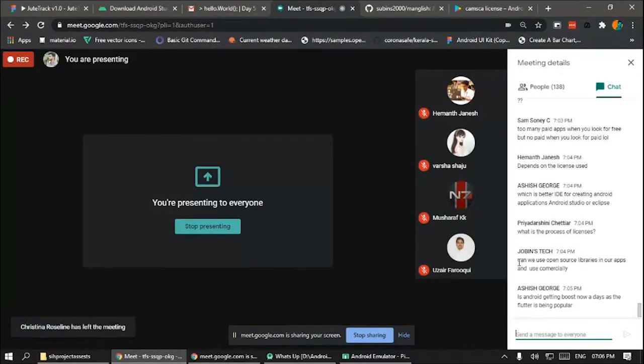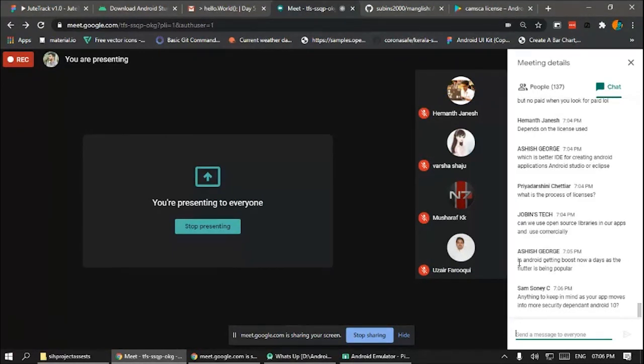Is Android getting a boost nowadays as Flutter is becoming popular? Flutter is not that popular yet. Flutter will be popular soon because it is capable of doing many things, but not for the coming 3 years, I guess, 3 or 4 years. The technical world changes a lot, in 2 years it changes very fast. Two years before, they used Java as a standard. Now they use Kotlin as a standard. A few more years back they used Eclipse as a standard because there is a fast change in this field. But you won't regret learning something.